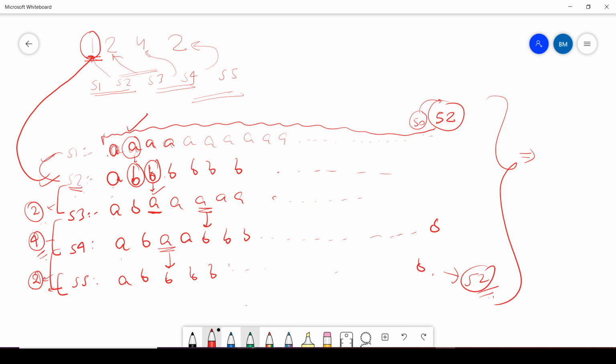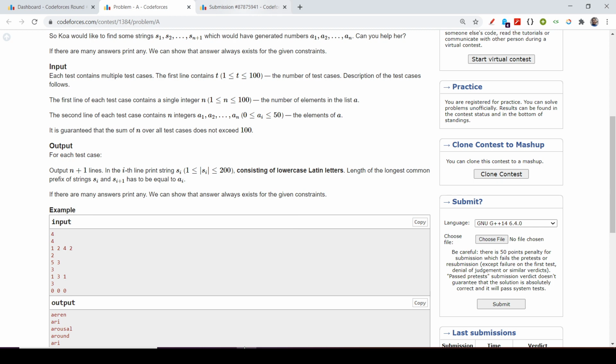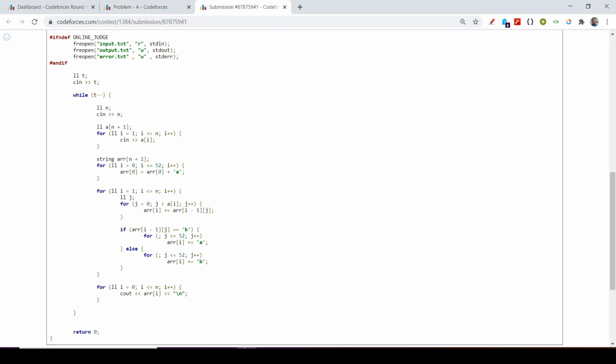So let's see the code. First of all I input my n, the number of values a1 up to an. Then I input my a1 up to an, which indicates the longest prefix.